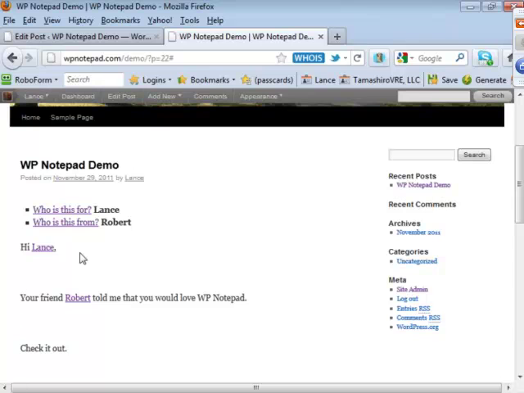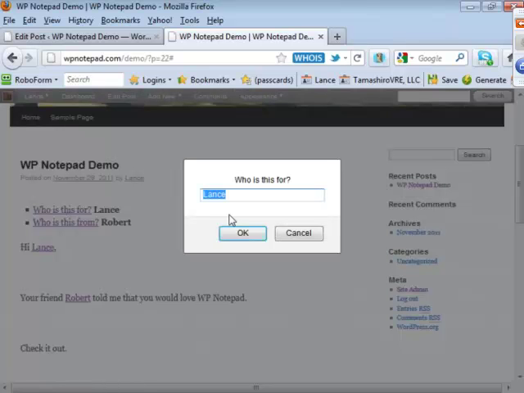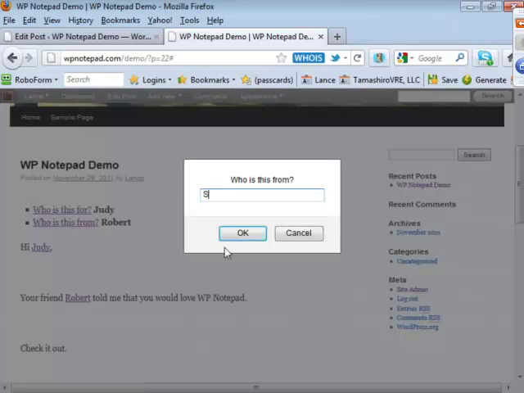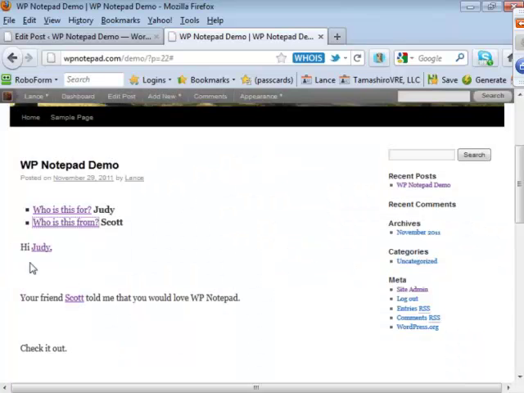So if I had this long form in here, I said, who is this for? Well, now let's make this be for Judy. If you notice, it says, hi Judy, your friend Robert. But this isn't from Robert anymore. I'm going to make this come from Scott. So make it say from Scott: hi Judy, your friend Scott told me that you would love WP Notepad. Check it out. And everything's changed.